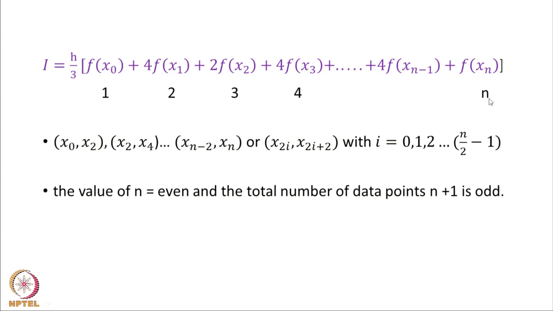So, whenever n is odd, Simpson's rule is very straightforward. Whenever n is even, the first n minus 1 points, now n minus 1 is odd, I will use Simpson's rule, and the last 2 points I will use trapezoidal rule. I will illustrate it with a program. So, this is how I shall be using the Simpson's rule.